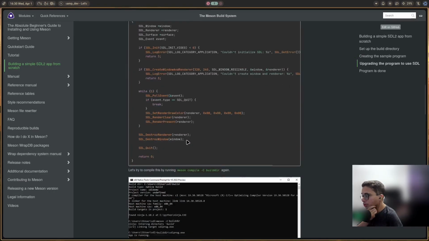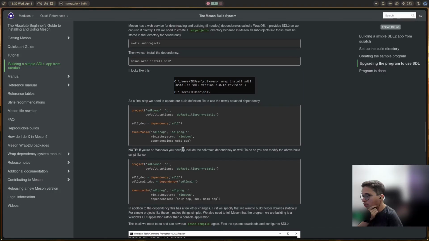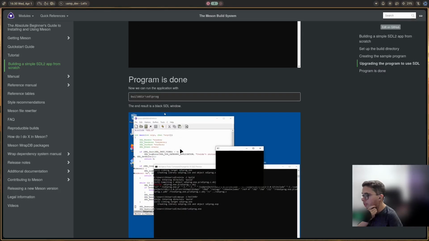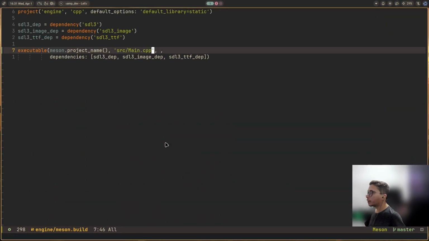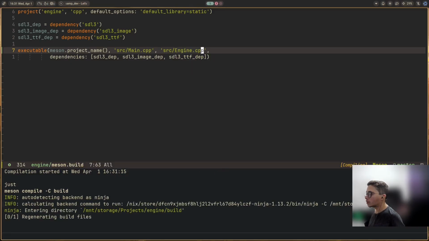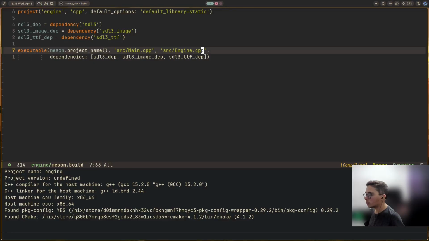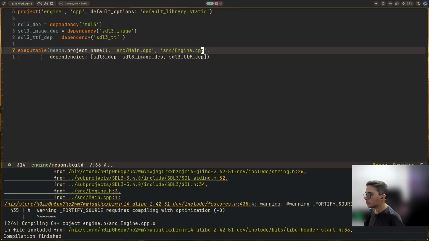Multiple files. I think maybe I have to make it an array, engine.cpp. Let's see. It worked. Compilation finished. We have some warnings, but